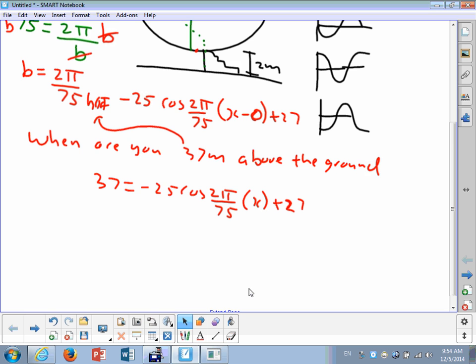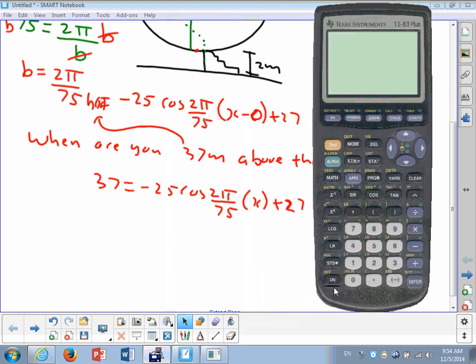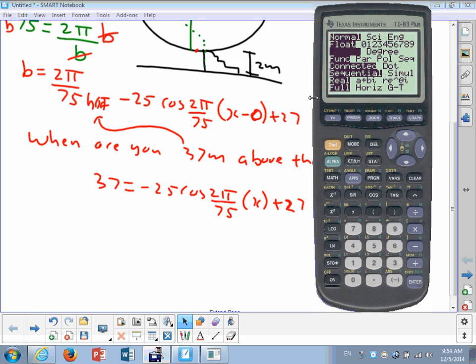I could solve it by hand, a little tricky, or I could use my graphing calculator. I think I'll choose to use my graphing calculator this time. So I pull my graphing calculator out. I check to make sure that I am indeed in radians. And I'm going to make some substitutions. I'll do the hard equation first, 37. Then I'll look at the other equation, negative 25 cosine 2 times pi times x divided by 75